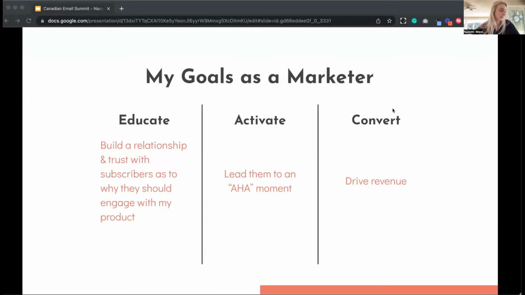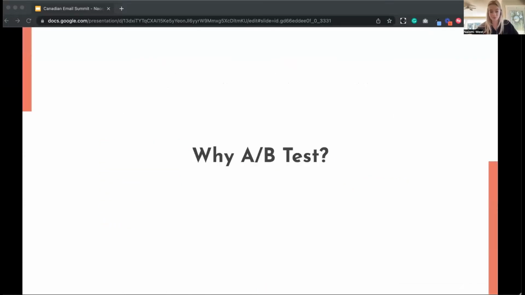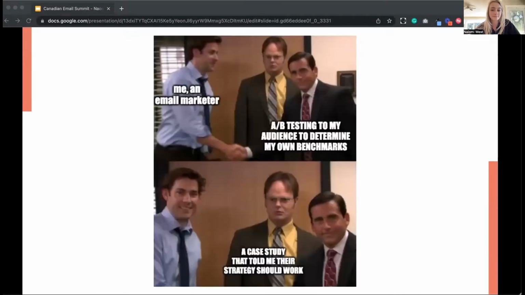So driving revenue. And to drive change and push towards those goals, there's no simple solution. Things change over time, and so your marketing tactics should change as well. When it comes to figuring out what copy converts at the highest rate or educates a subscriber the best, or what layout or time of day, a marketer really needs to be open to A/B testing. I don't think you should be able to make a blanket inference about your subscriber when it comes to those things without testing it first.